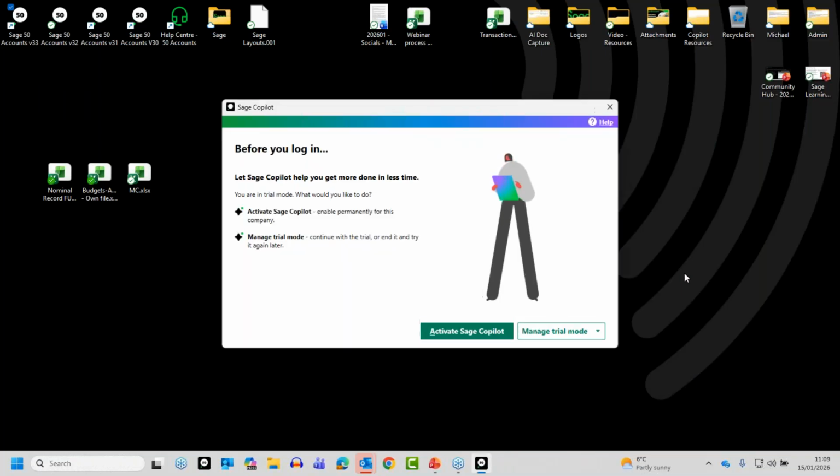So what you'll now get when you go into your company, if you're not connected to Copilot, you will get this option to either activate it, or you can go into trial mode. So you can continue a trial, or you can end that trial. So you'll be prompted. It means that you can give it a go without having to go through the rigmarole